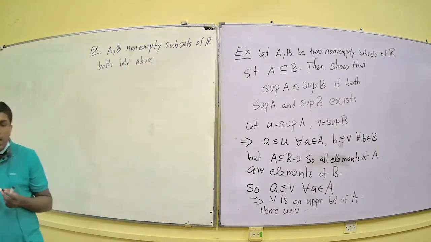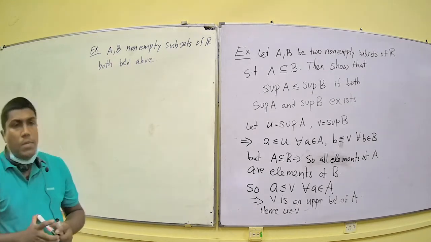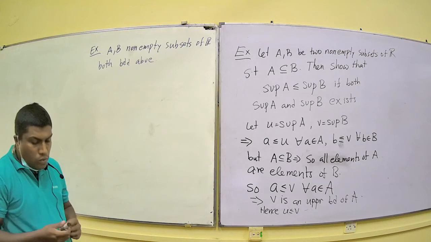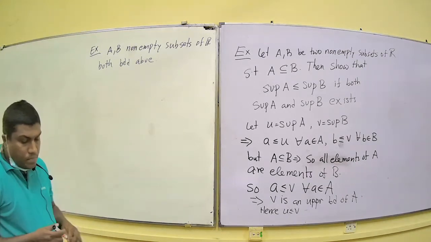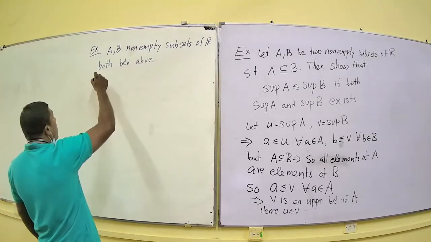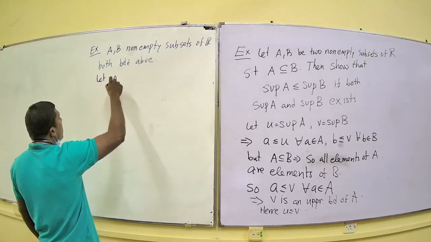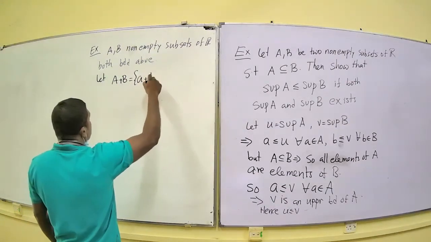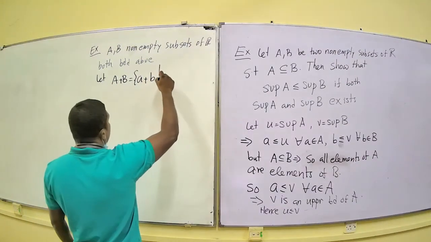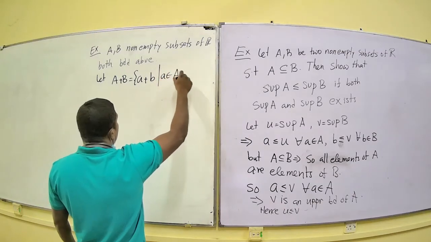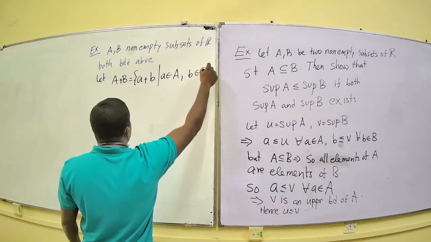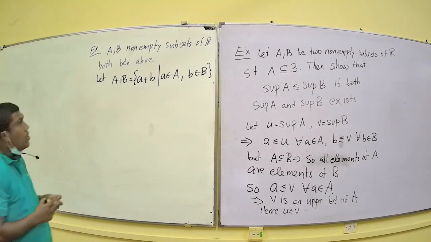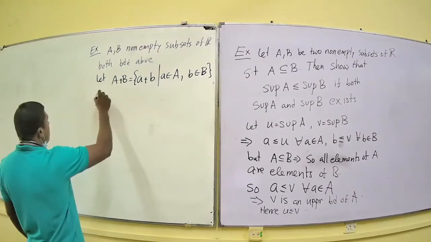Right, so let us assume that A, B be two subsets of real numbers and both of them are bounded above, right? We also define the set A plus B as the set with elements a plus b where a belongs to A and b belongs to B. Right, so that